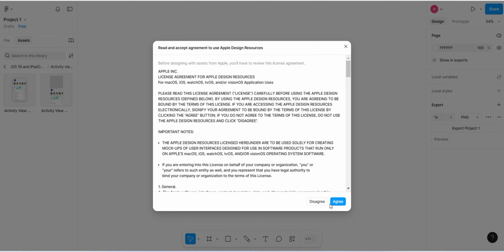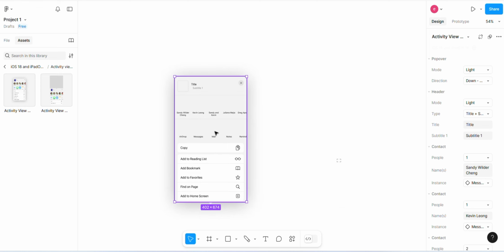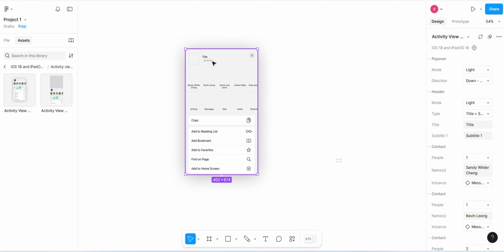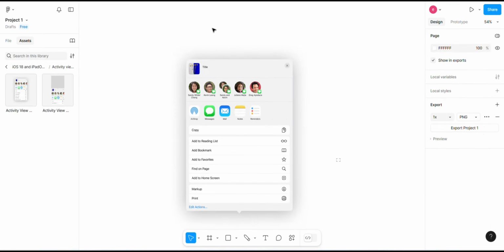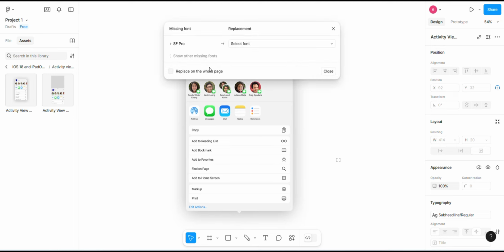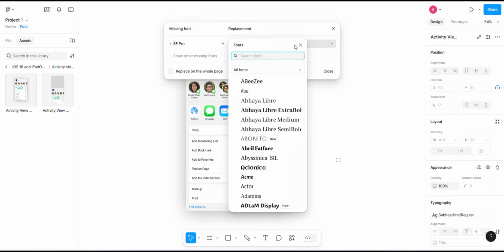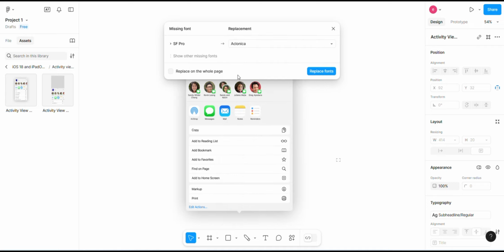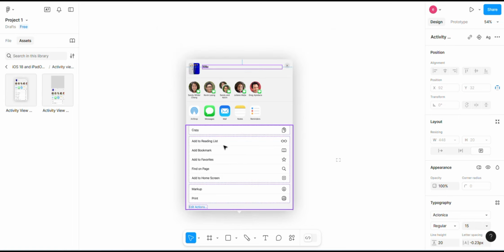After creating a master component, you can create instances of it by dragging it from the Assets panel or by using the duplicate command Ctrl plus D or CMD plus D. Each instance maintains a link to the master component, so any updates to the master will reflect in all instances. You can override specific properties of instances, such as text or color, without breaking the link to the master component. This allows for customization while keeping a consistent design.